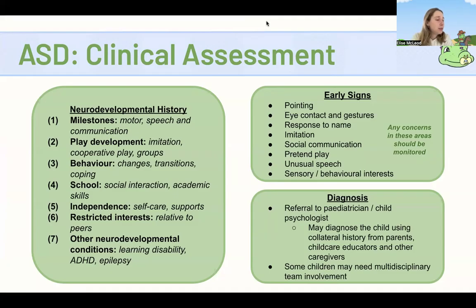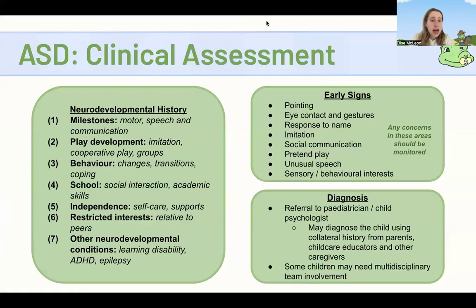So if there's a medical explanation. And ASD can be diagnosed as early as 12 months, but often occurs greater than 2 years. In terms of a neurodevelopmental history, you might want to have a look at things like milestones. So, when did the child meet their different developmental milestones? How do they play? And also, I guess observing them play is really important as well. And that forms part of a comprehensive assessment.